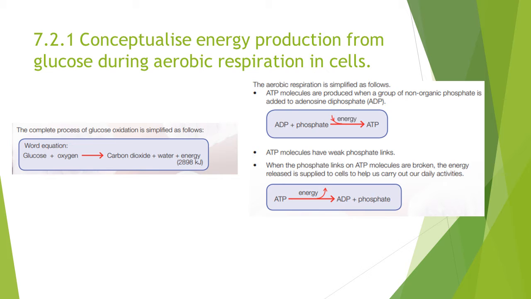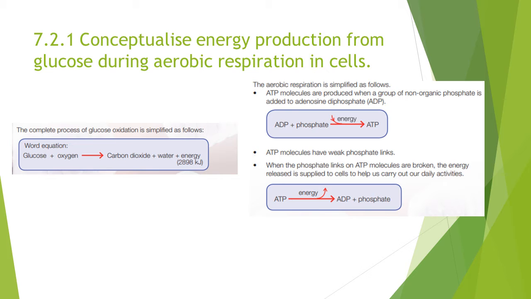So this is ATP. ATP molecules are produced when a group of inorganic phosphate is added to adenosine diphosphate or ADP. A means adenosine. Di means two. P is phosphate. So adenosine diphosphate, that means adenosine with two phosphates, plus another molecule of phosphate, it will absorb energy and